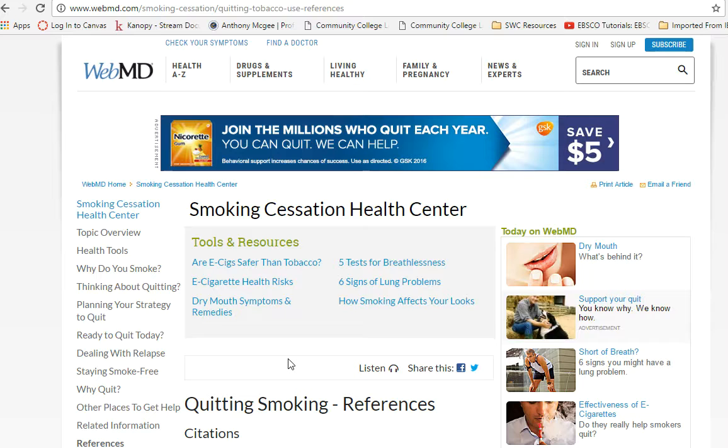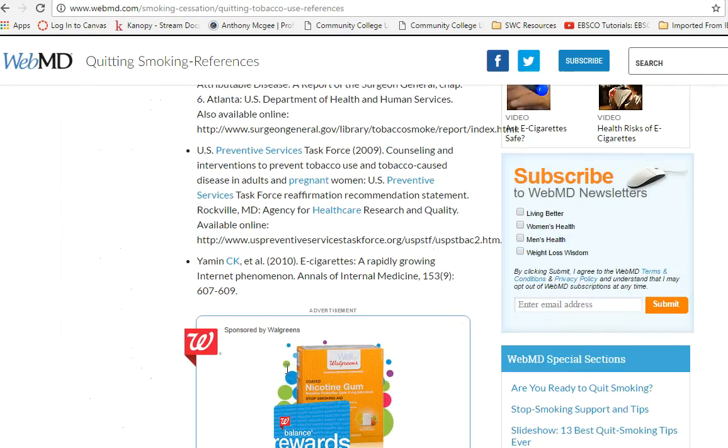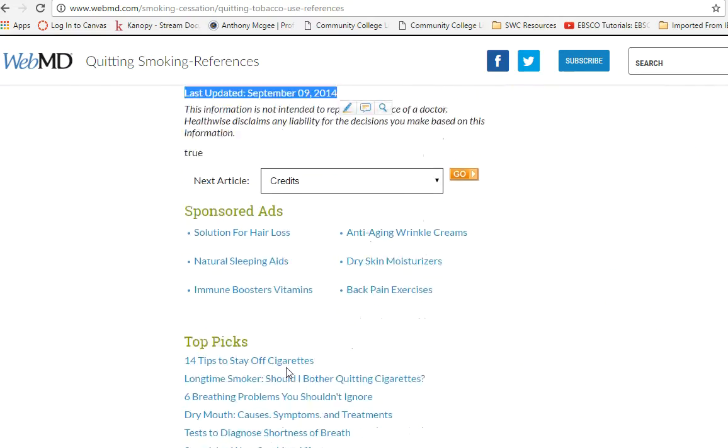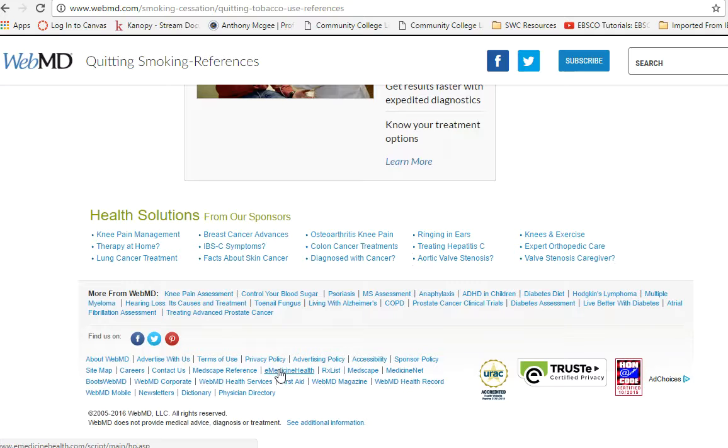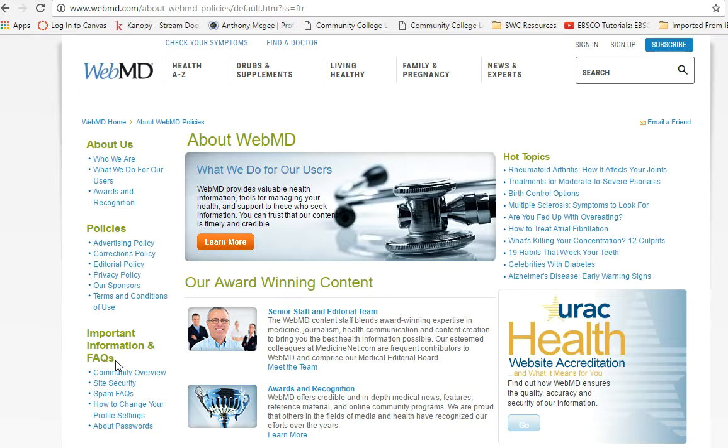One of the things I wanted to make people aware of is the authorship for this particular website and who created the site. For most websites, you want to find their About page, especially if the article is not signed, which this one isn't. As we go down to the very bottom of the page, here's an About WebMD section. As you click on that link, it brings you up to information about